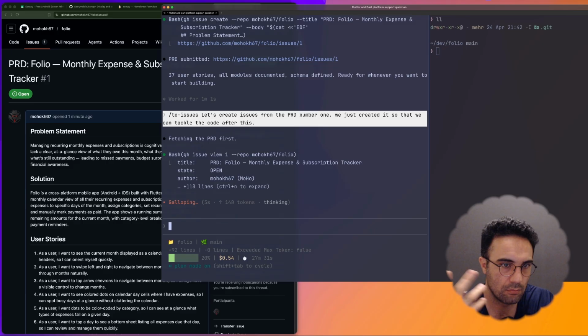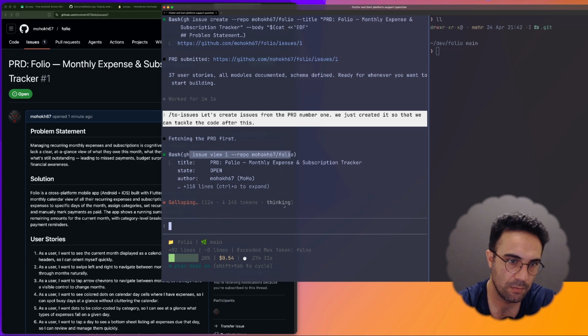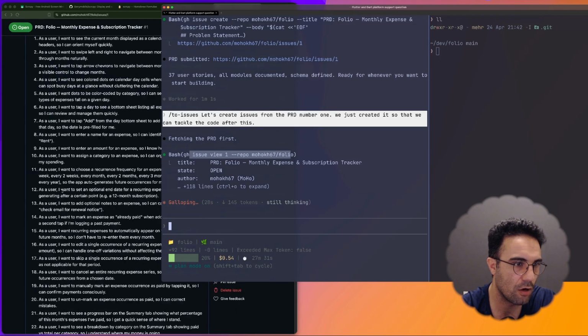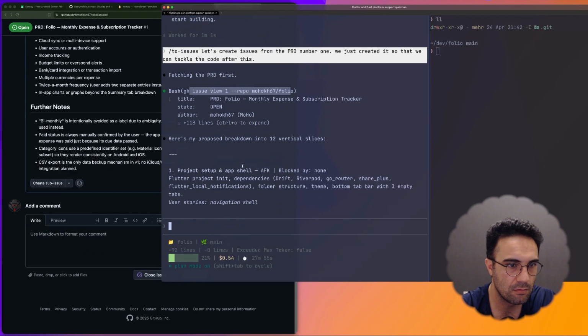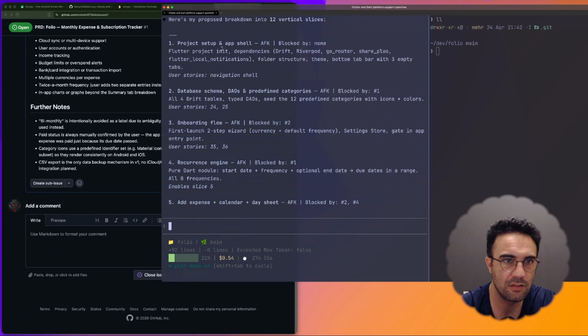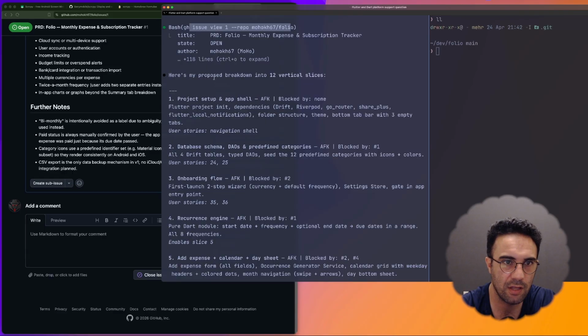So now, obviously, it's going to look at the PRD. Even though I'm just a bit surprised, it could have just checked whatever was in the context. It didn't have to go and read it one more time. It's fine. Not a big deal at this stage. And let's see. So as a result of this, we are going to have, okay, this is the proposed breakdown, 12 vertical slices,